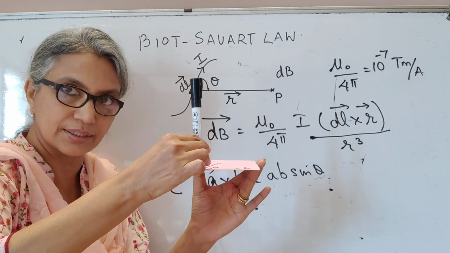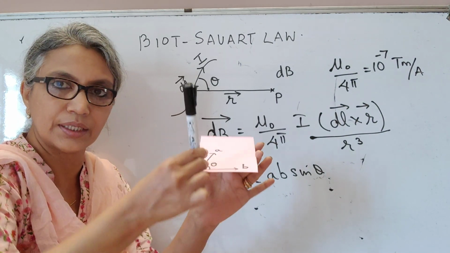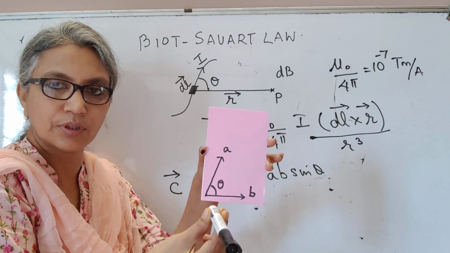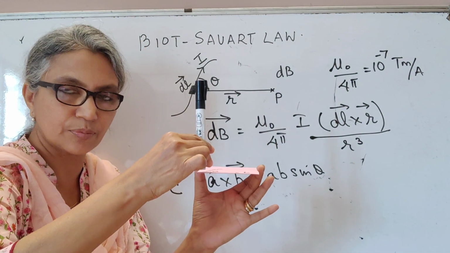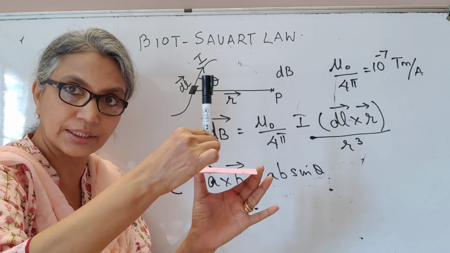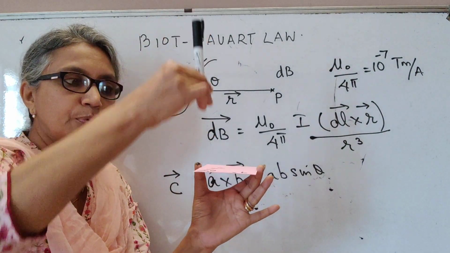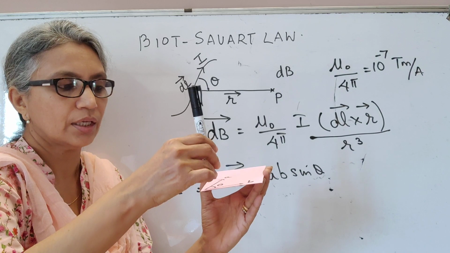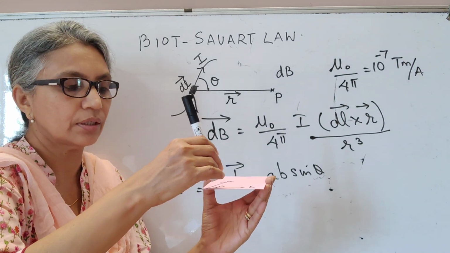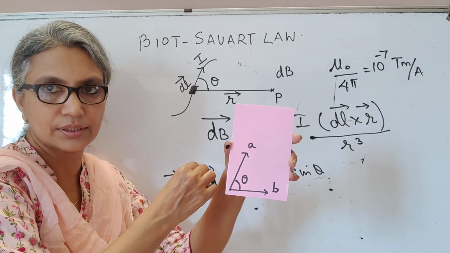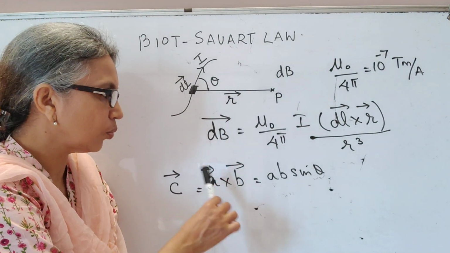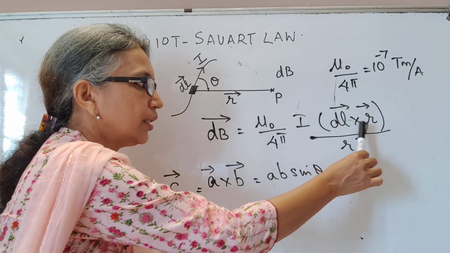So your resultant vector C will be perpendicular to the plane containing A and B, but will be outwards, or you may say it's going to be upwards. So please remember, an A to B anti-clockwise turn means it will be upwards or outwards. If it's a clockwise turn, it would be downwards, or you may say inwards. Okay. So now why we need to know that is this dL cross r.